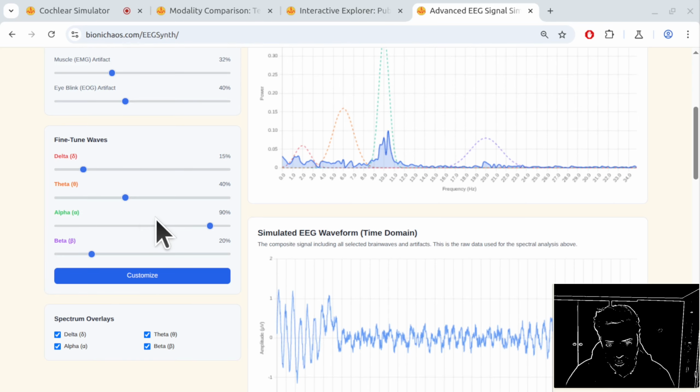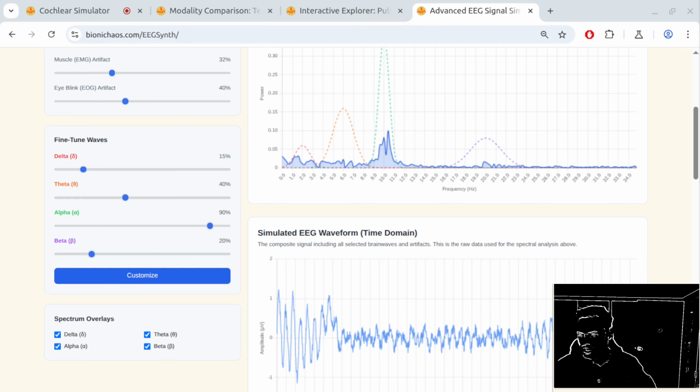Okay, and how would you improve the description? To improve the description, you could add more details about the specific parameters that can be adjusted and their impact on the simulated EEG signals. For example, explaining how adjusting the amplitude of different brainwaves correlates with different mental states would be helpful. Additionally, providing more information on the technical details of the simulation, such as the algorithms used, could enhance the understanding